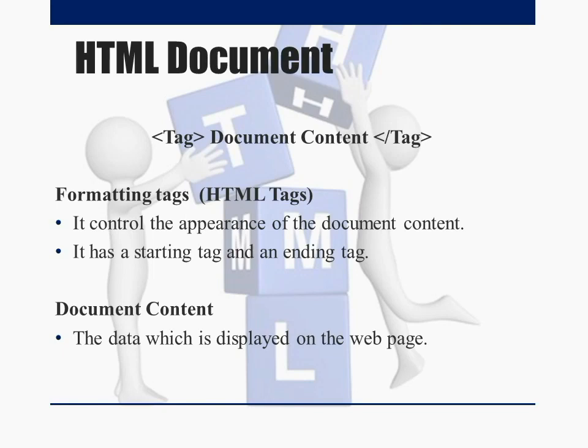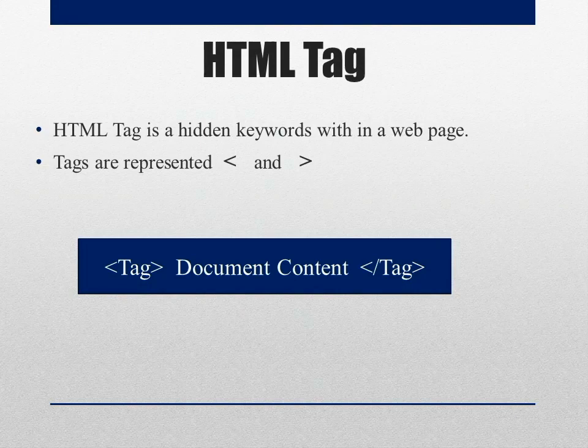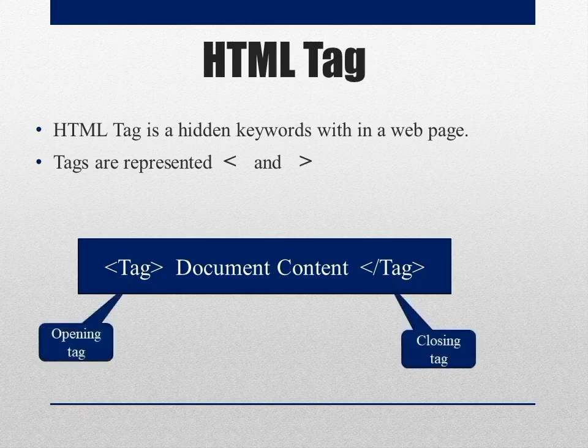So let us move on to the next topic, HTML tags. An HTML tag is a code element that tells the browser what to do with the text. A tag is represented between a less than symbol and a greater than symbol, and it has an opening tag and a closing tag. We use a backslash in a closing tag. Every text in our HTML code is implemented using this kind of tag.